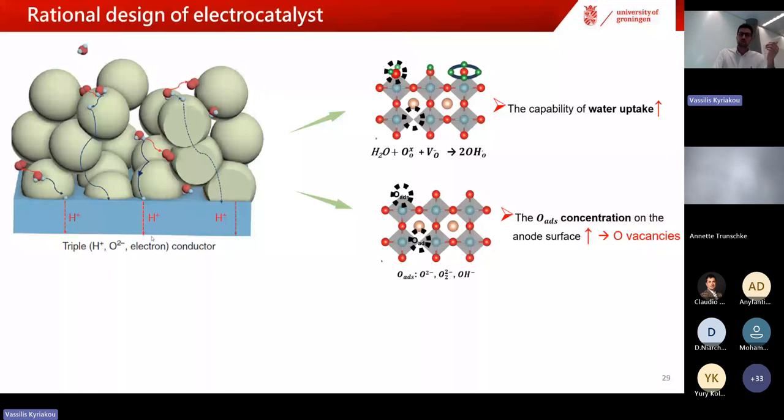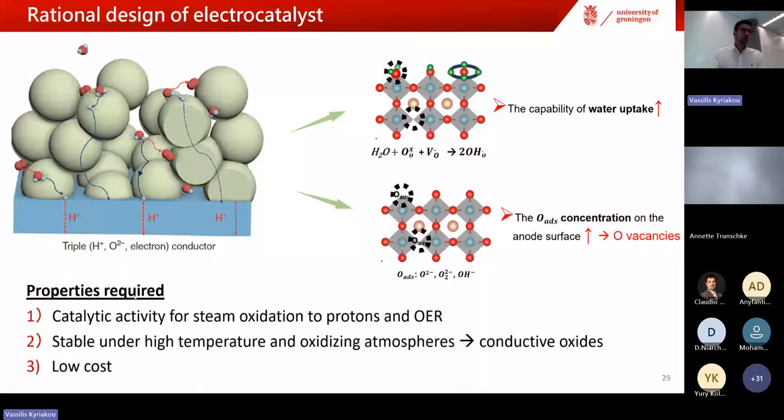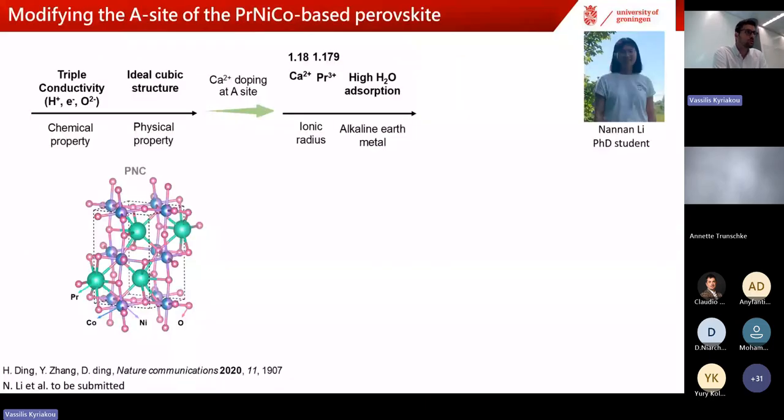That means that the water uptake properties, oxygen vacancies, and the mixed conductivity are very important for OER in such a case. And to do that, you usually need triple conductors, triple phase conductors of oxygen anions, protons, and electrons. Some of the perovskites have been observed to have these properties. One of them that we could find in literature is a praseodymium A-site, nickel cobalt B-site perovskite, single structure. We tried this material, and except for the nice performance, we saw that it has a lot of potential for further improvement. And with rational doping, so with something simple, you can enhance the properties.